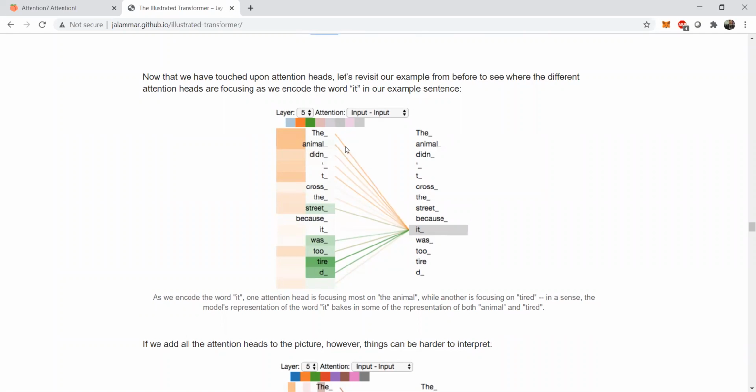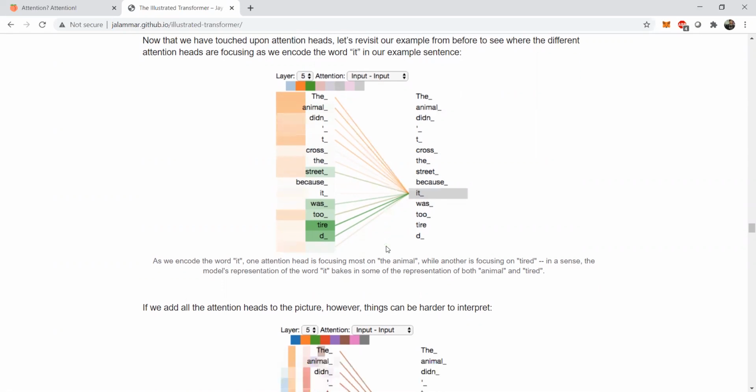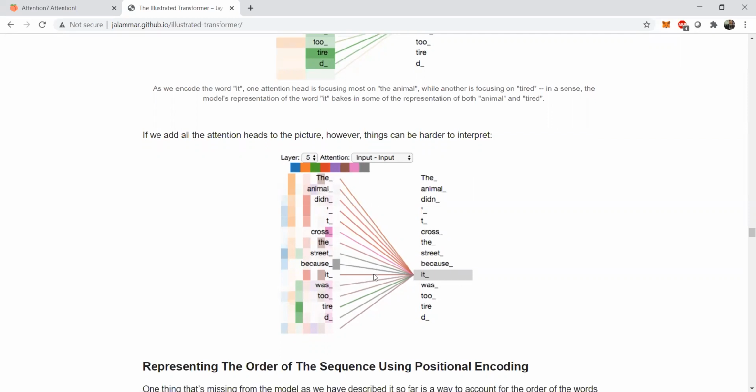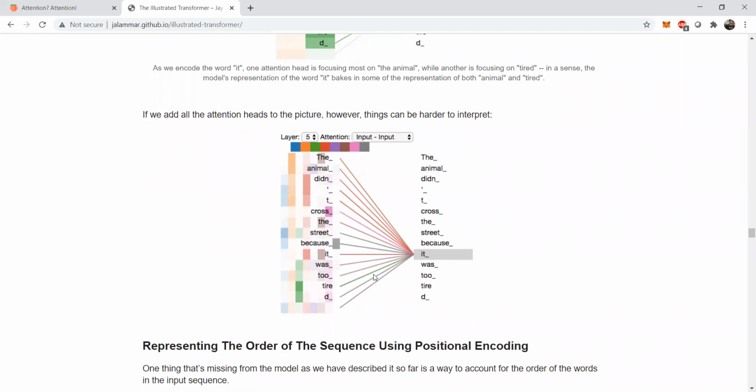The orange colored arrows or lines are very important as they show one attention head, whereas the green colored arrows show the second attention head. So imagine if we were to analyze this particular example by using 8 attention heads. There would be lots of simultaneous computation being done, and this is how it looks. In this case, you can see there are so many colors, right? Effectively, these are from 0 to 7. So all these colors represent the different attention heads which are getting computed simultaneously.